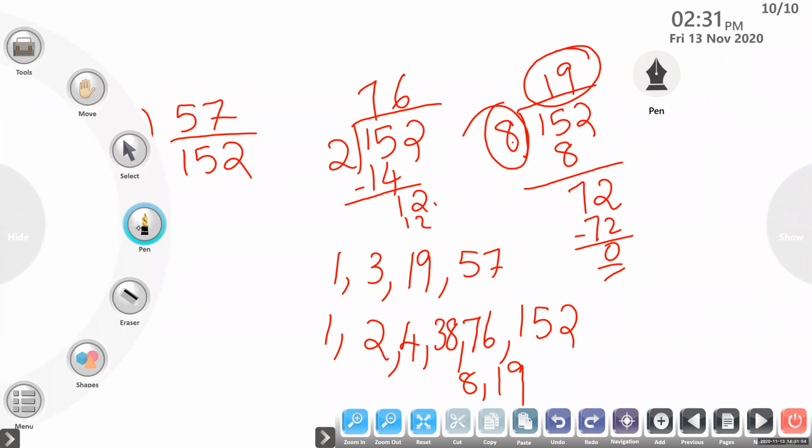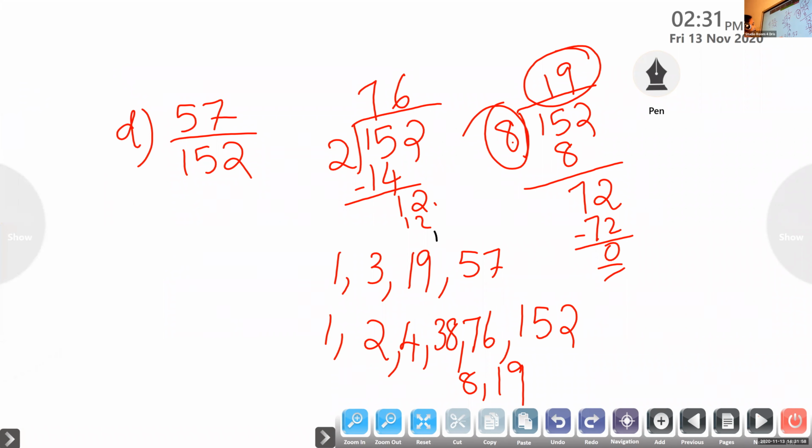So children, sometimes you will not be able to understand which number to divide by. At that time you can use this method, write the common factors. So here it is divisible by 3, and when you divide by 3, you will get 19. Here it is an even number, so you can start by writing 2 into here. Now we can divide by 8.